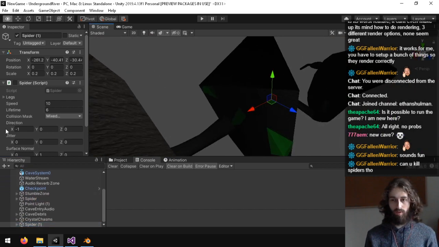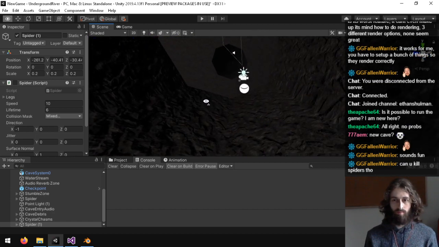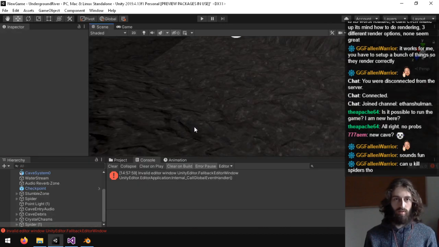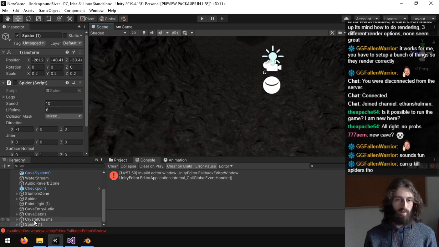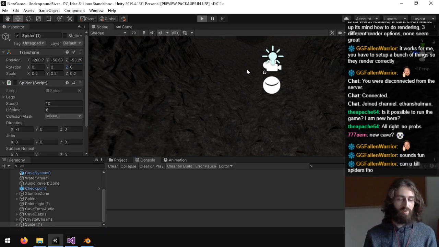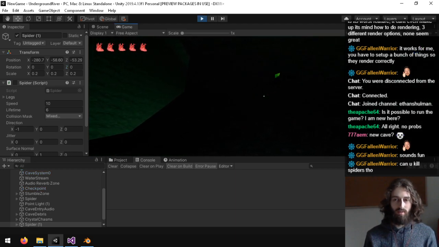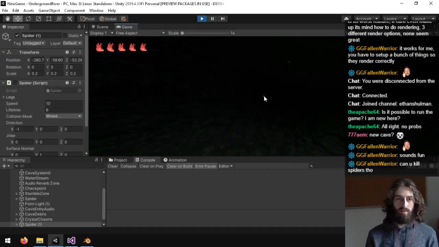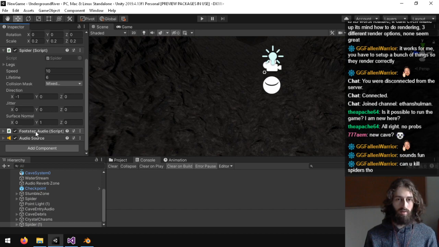I'm going to bring this over to where the player is, so if I... shit. If I put a spider up in the air right here, it won't fall with gravity. It doesn't use a rigid body, it has a custom raycast physics system. Oh, and the spider is triggered, so I need to